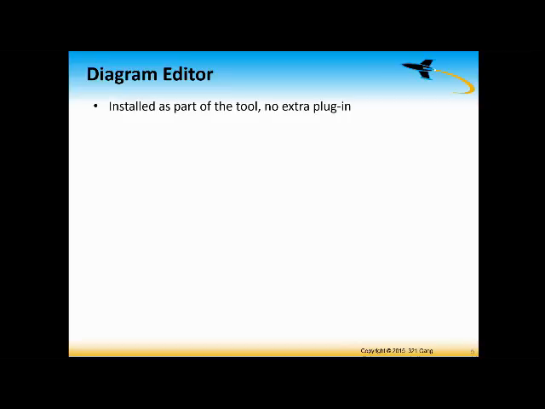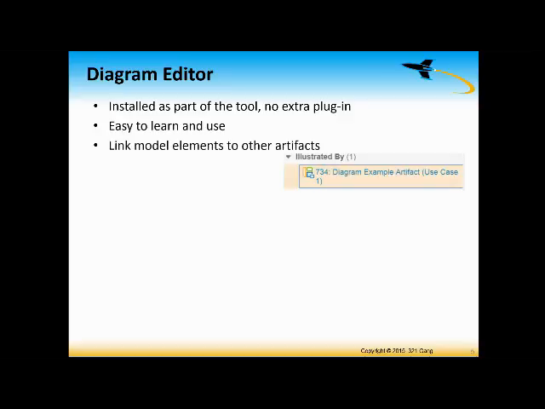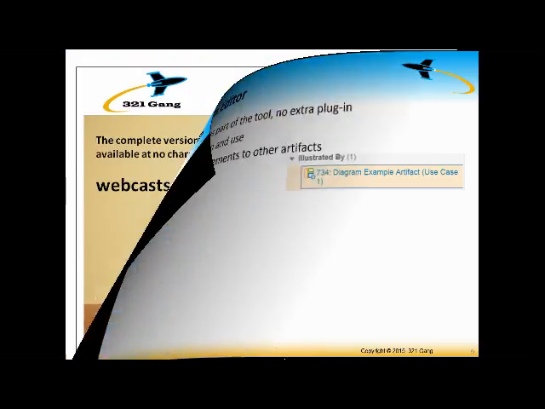So the new diagram editor is now installed as part of the tool. There's no extra plugin or extra installation to get it to work or anything else. It just is part of the tool. It's much easier to learn, easier to use, and it's much faster, with better performance. In addition to that, it lets you link specific model elements to other artifacts. So you can see here I've linked use case 1 to the diagram of the